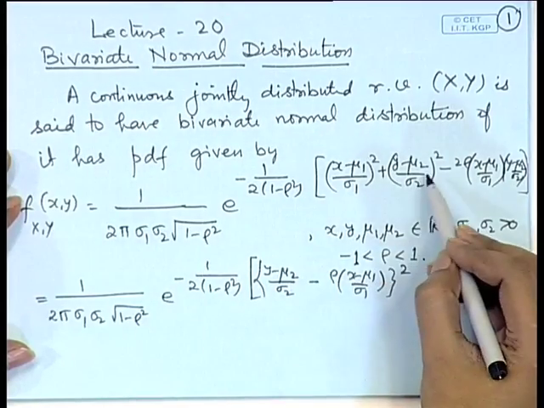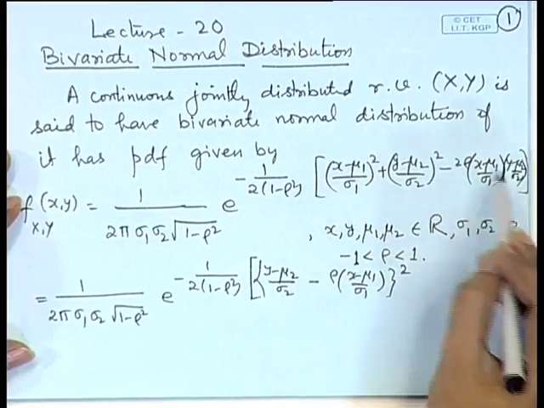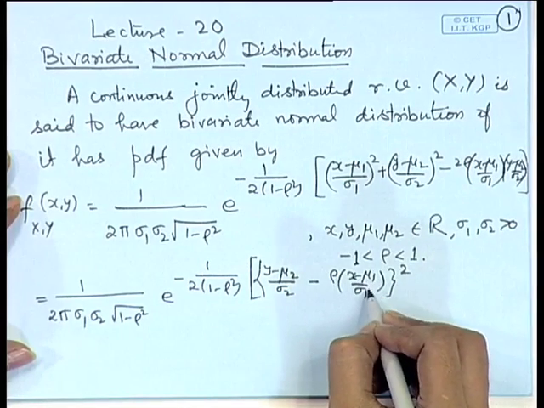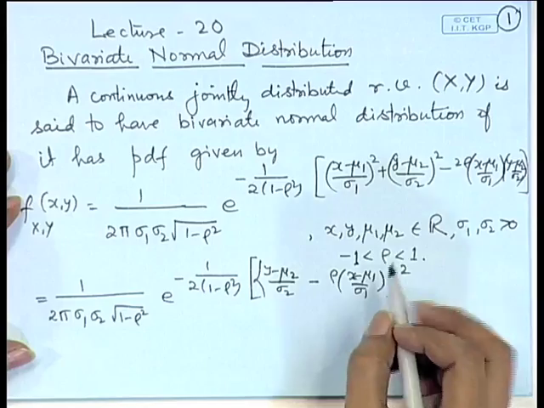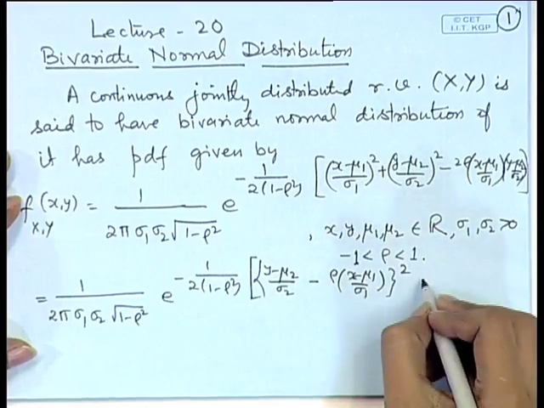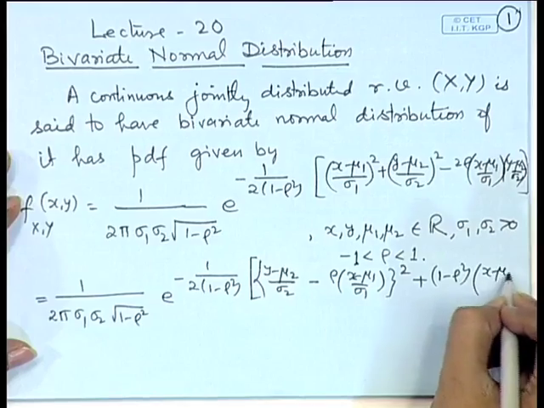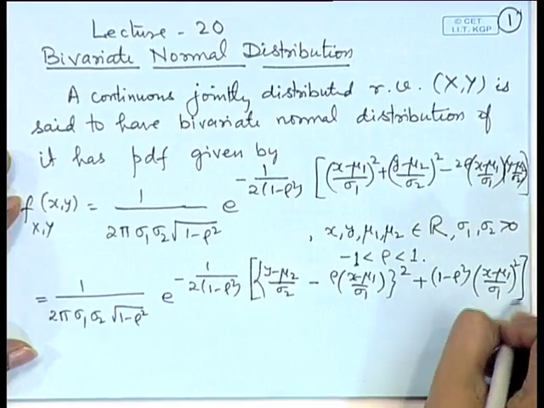Now, this square corresponds to this and the cross product term corresponds to this. So, that means I have added rho square into [(x minus mu 1) by sigma 1] whole square. So, if we subtract this, I will get the term as (1 minus rho square) [(x minus mu 1) by sigma 1] square,